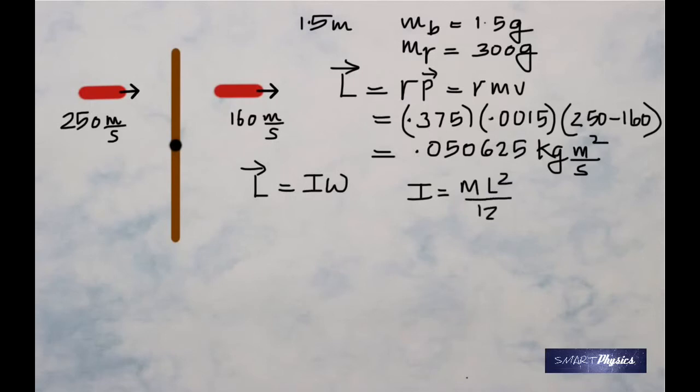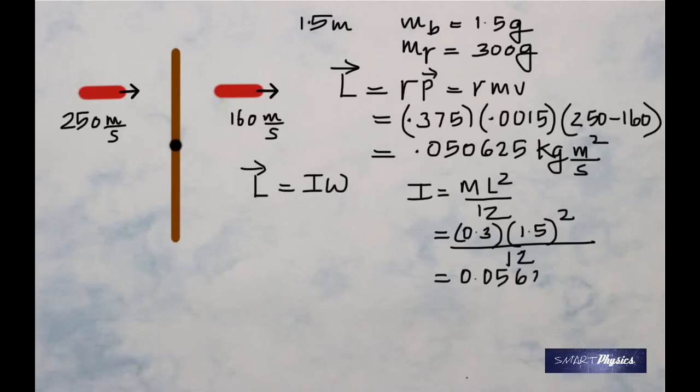ML squared by 12 is the formula for rotational inertia of a stick. So when you do that, the 300 gram is 0.3 kilograms and the length is 1.5. Square that, divide by 12, and you get the rotational inertia of the stick